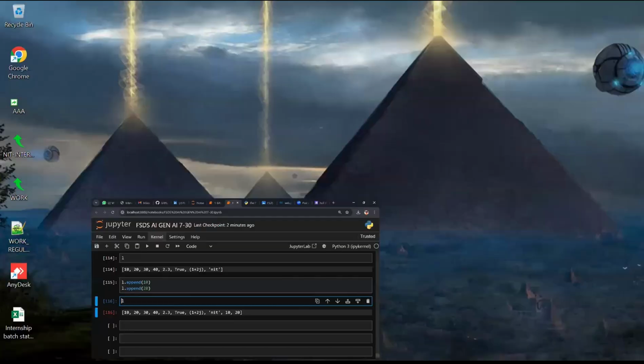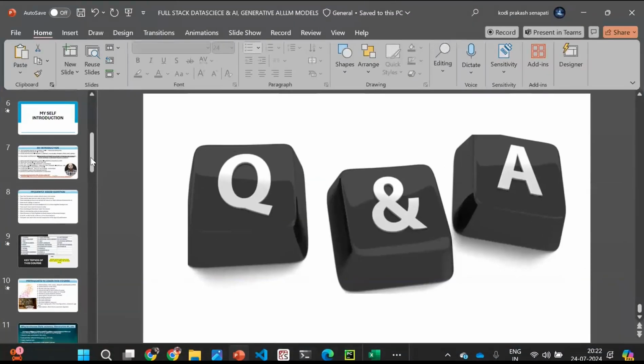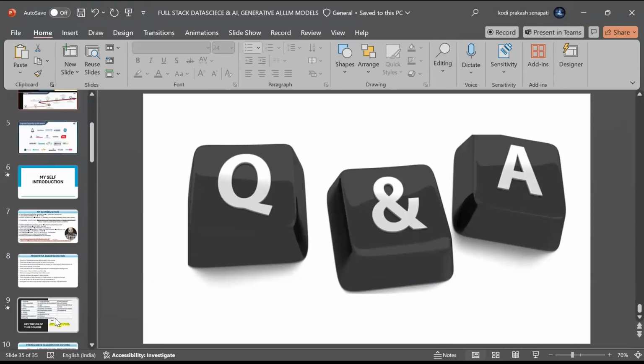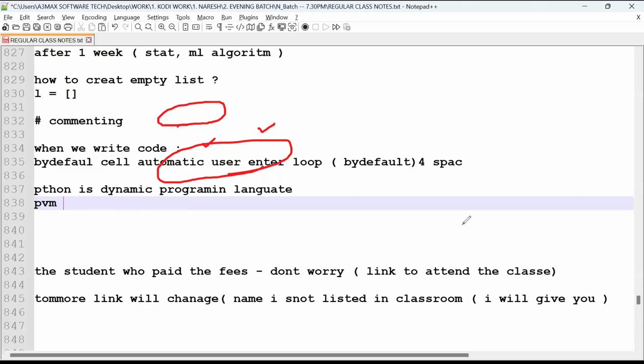And also remember, if I explain, if I open it now, just go here. First, which one are we studying? Python. Then slowly we go to data analysis, then slowly EDA. Whenever these two topics come up, I will write down every answer. Trust me, you just come and listen to the class and practice with me. See the results on a week-on-week basis and track your map. I will tell you a few pointers.